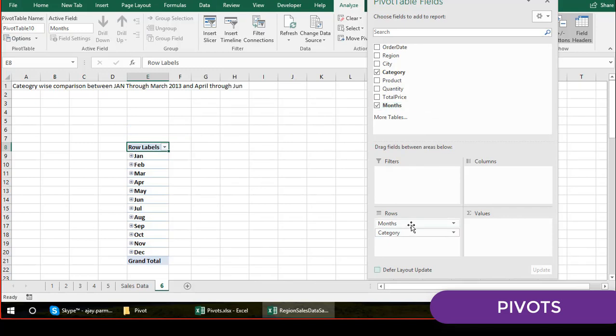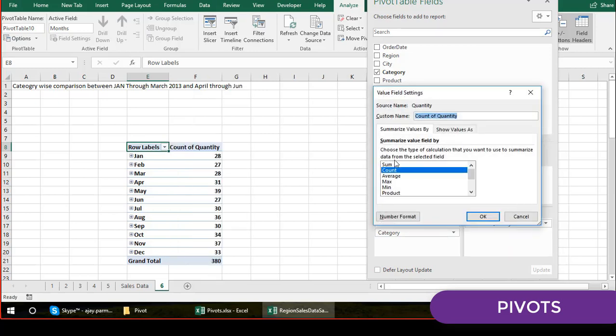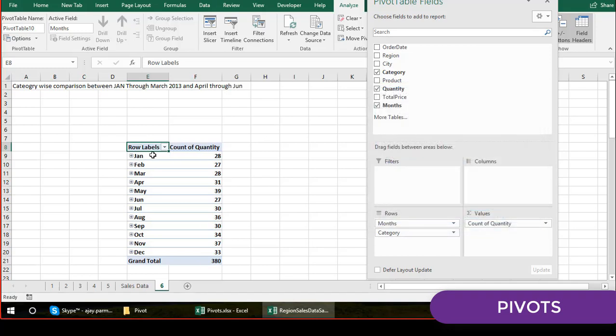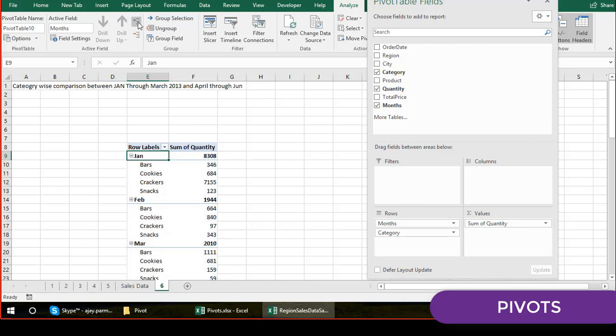If you want to do the comparison month wise, and if you have different years, please make sure you show the years also, because this is going to be Jan, so Jan can be of any year, right? Since we have only 2013 data, I'm showing it only month wise. Okay, so I have the category here, and let's say the quantity we want to show. So let's go here and click on the sum. Now you see the month is coming. If I just click on this plus sign, I have everything coming, but it is not actually expanded. So the moment I do that, this will be expanded, right?